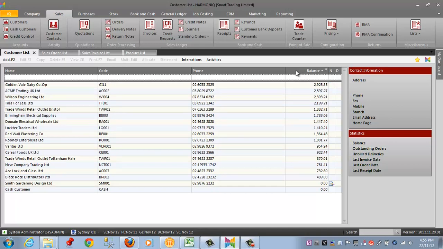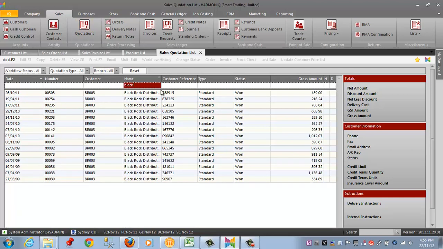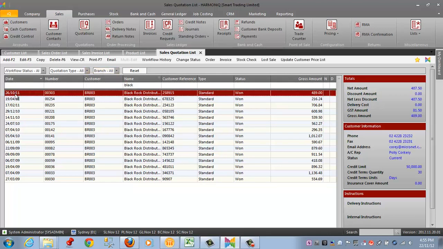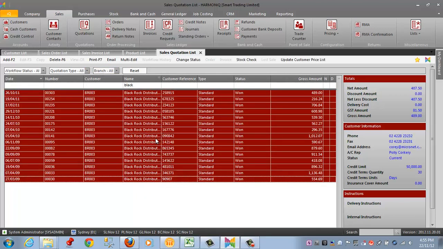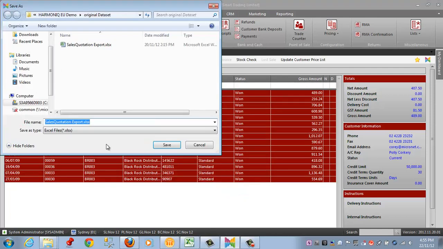You can apply a filter to columns, and for that I'll just open up our sales quotation list, and if I type black, this gives me just the sales quotations for BlackRock distributors. And if I want to copy all of those and export to Excel,